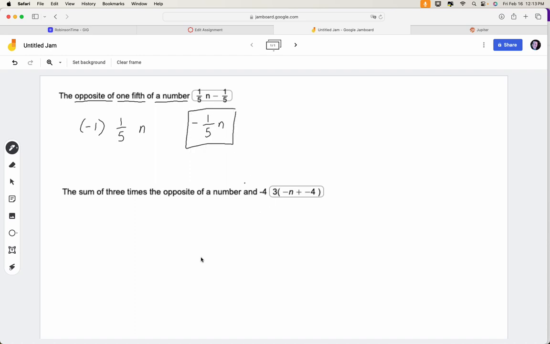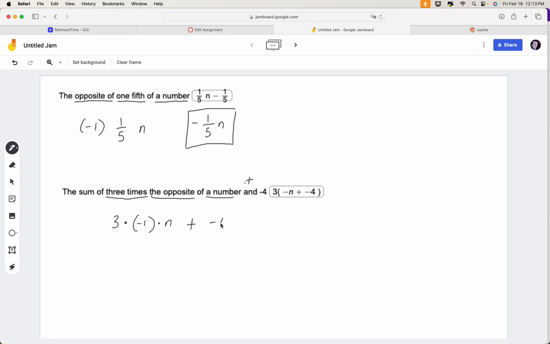All right, sweetheart? So in the next one, we had the sum of. So that means we're going to add some things together. And after the of is telling us what's being added together. So 3 times the opposite, that's -1, of a number. That's n, so times n. And is our operation of sum. So that's going to be plus